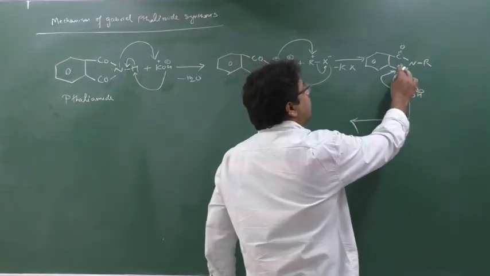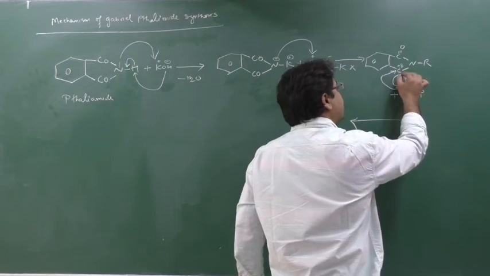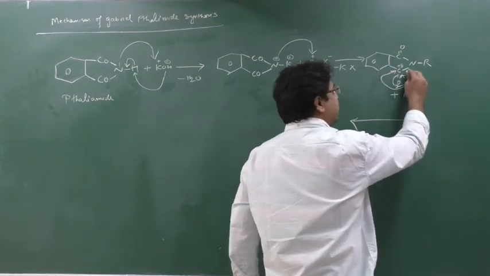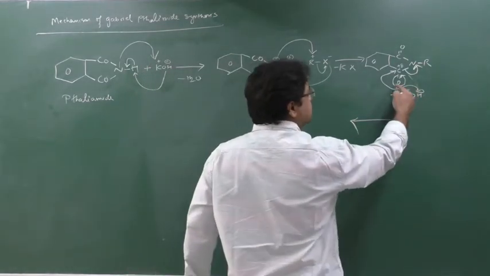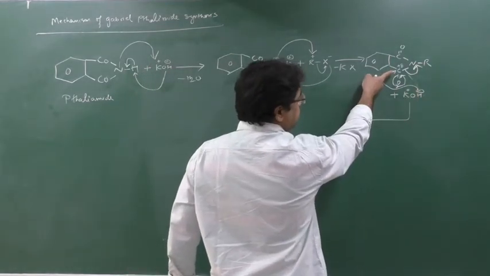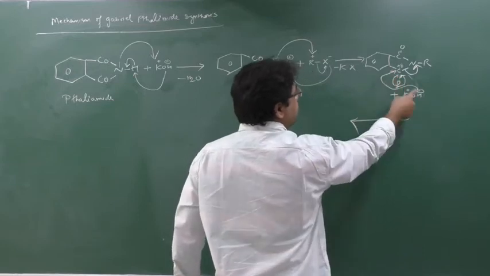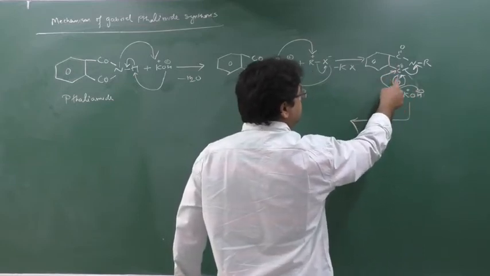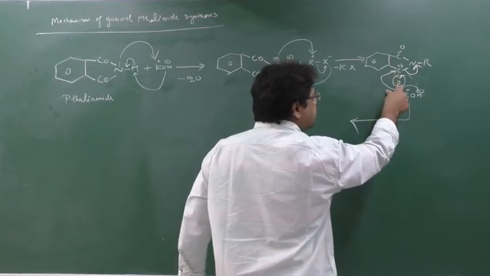So here the double bond will not be broken. This bond will be back bonded and the double bond will be saved. But one bond has to break. This OH minus will attack this carbon, so carbon will make a new bond with this OH minus. To make a new bond, the old bond has to break, so this pi bond would break, but when the pi bond is breaking, this oxygen again does back bonding.